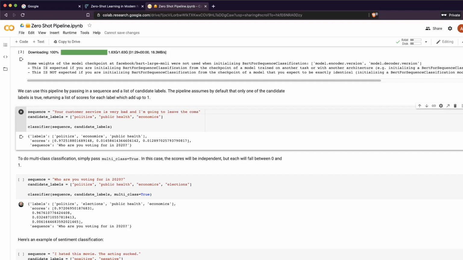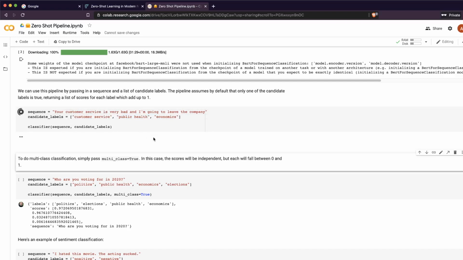Let's give the labels customer service, public health and economics. You might think that there is the word customer service in that, but still let's run this example and see how closely it is related. You can see 99% it is related.